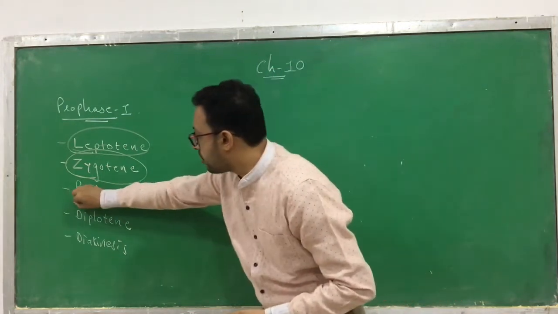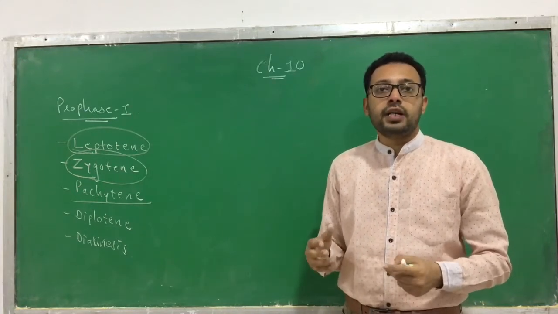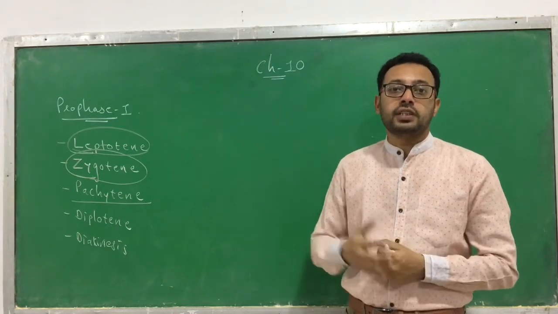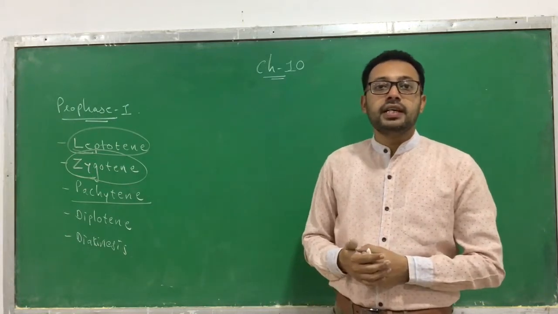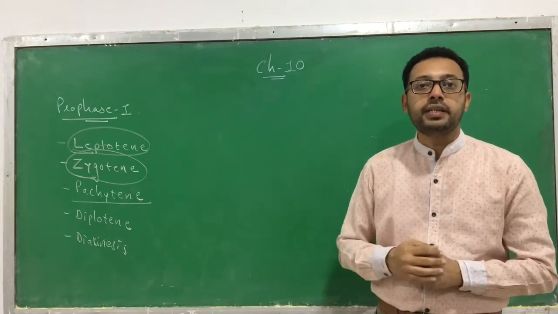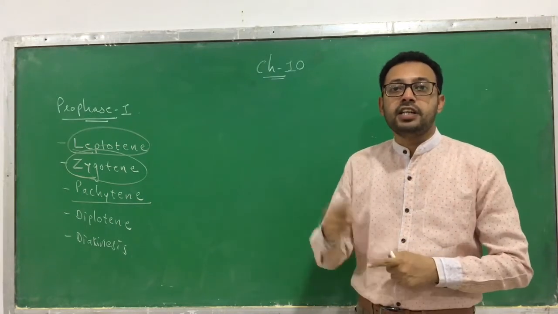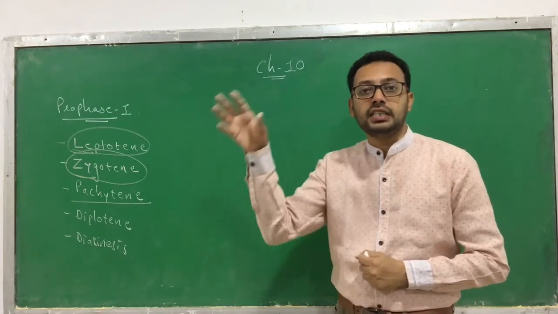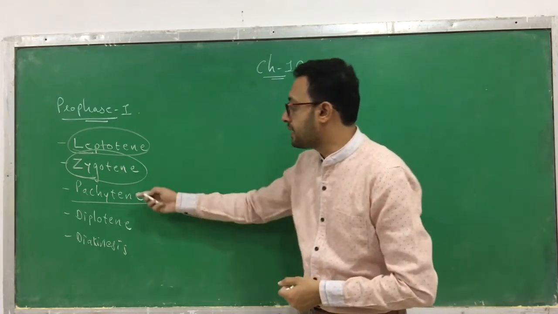The third phase we are calling pachytene. In this pachytene phase, what happens? There is a formation of a tetravalent chromosome. The tetravalent chromosome can be observed clearly in the pachytene phase. Here there is an appearance of the recombination nodule with the help of an enzyme called recombinase. Apart from that, crossing over takes place between non-sister chromatids of the chromosomes. This crossing over occurs at the chiasmata, where the exchange of genes takes place. That happens in the pachytene phase.